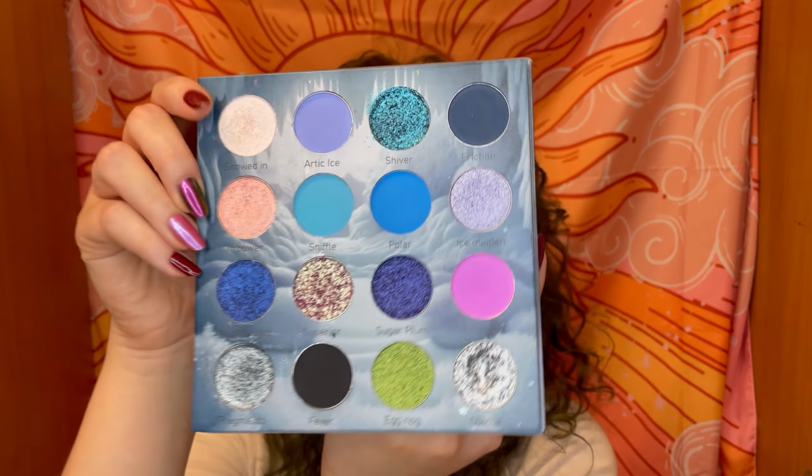And again, it has this shade, which is kind of like a highlighter shade, because it's not too sparkly, and I don't love it on the eyes, because again, I just prefer something more sparkly. But it would be a wonderful highlighter, kind of like a blushy highlighter, the same as the Snowden, but it's also really pretty in the inner corner as well. And it also has black, like a matte black, so I can use that as an eyeliner. So I feel like maybe this one's gonna be the easiest to get 20 uses on,